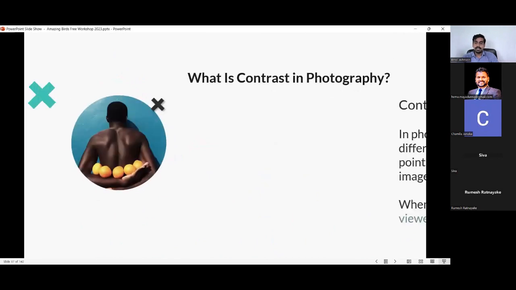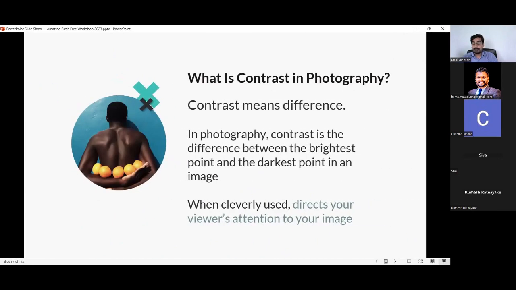Okay, so a very important topic. This is very vast, but I'm going to explain it very quickly. Contrast in photography. You might know the term contrast. Contrast means difference. We say contrast in natural terms, and there is contrast in so many modules in studies, like contrast in design. So what is contrast in photography? There's a whole heap of definitions for contrast, but for us, contrast is the difference